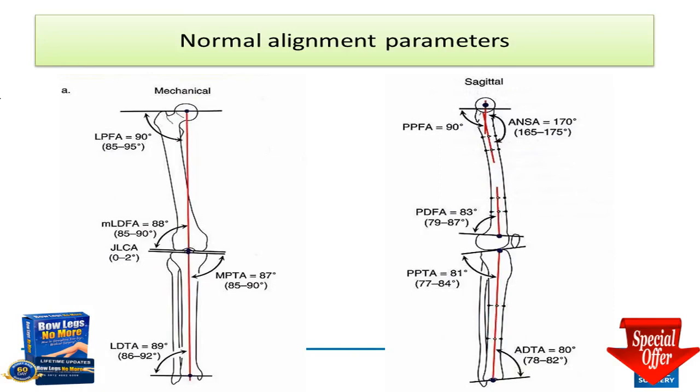We have to start with an understanding of normal alignment parameters. What you can see here is a cartoon that depicts all of the normal lower extremity alignment parameters. It's a bit complicated, but for the most part, a line between the center of the hip and the center of the ankle goes right through the middle of the knee. That represents a situation where there's the most optimal force or load on both the inside and outside part of